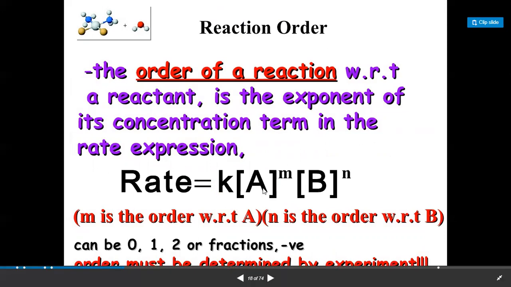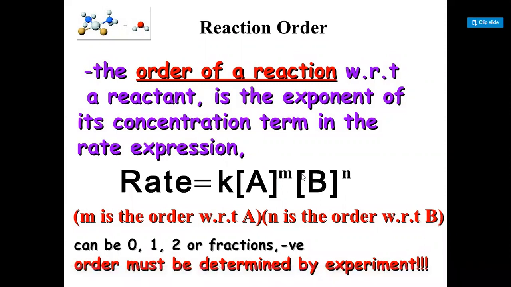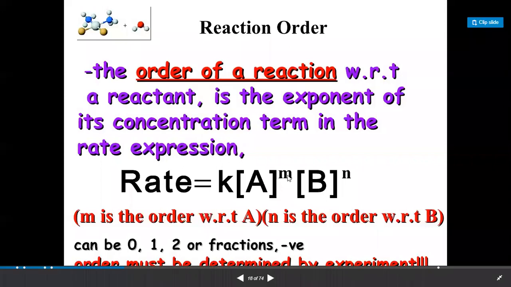So these are the concentrations of reactants. So the rate of reaction is equal to K into the concentration of reactants, and this is the exponent. For example, small a of A gives rise to B. At that time, the rate of reaction can be written as K into [A] power small a. So now that small a is nothing but the order of the reaction, when we have one reactant. When we have more than one reactant, at that time we need to sum these exponents of the reactant terms.